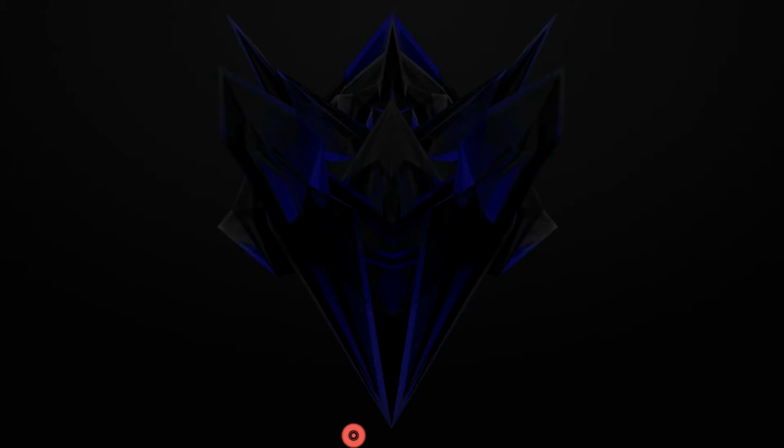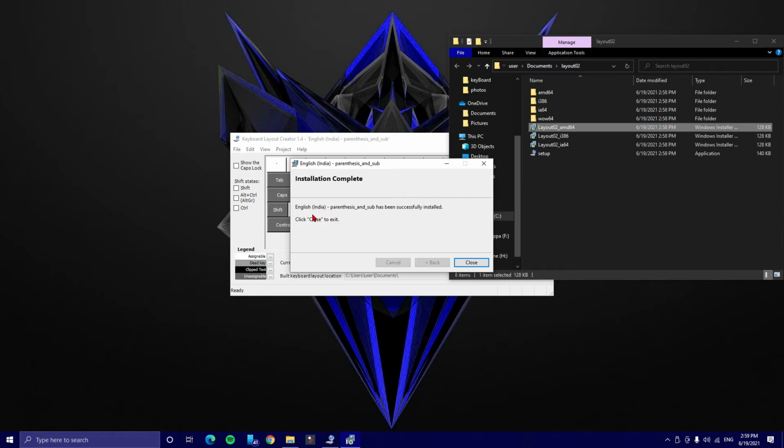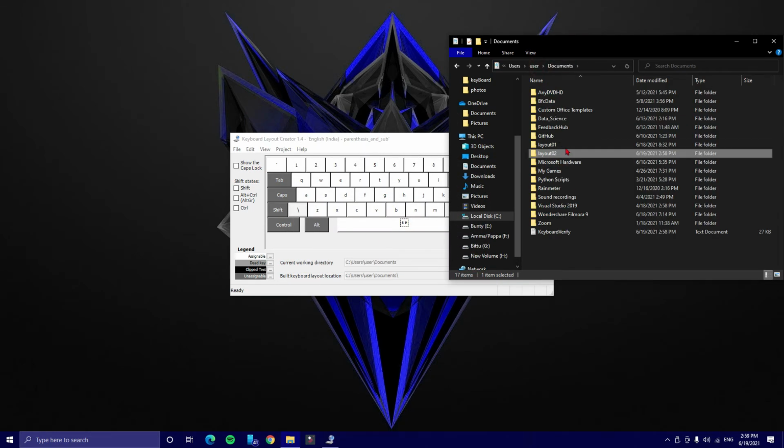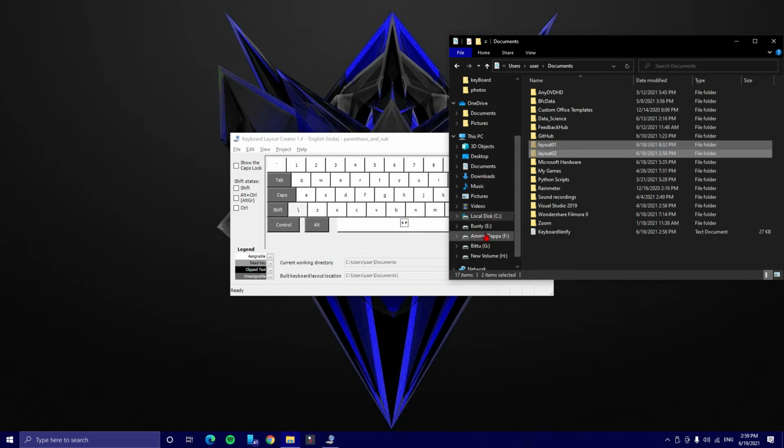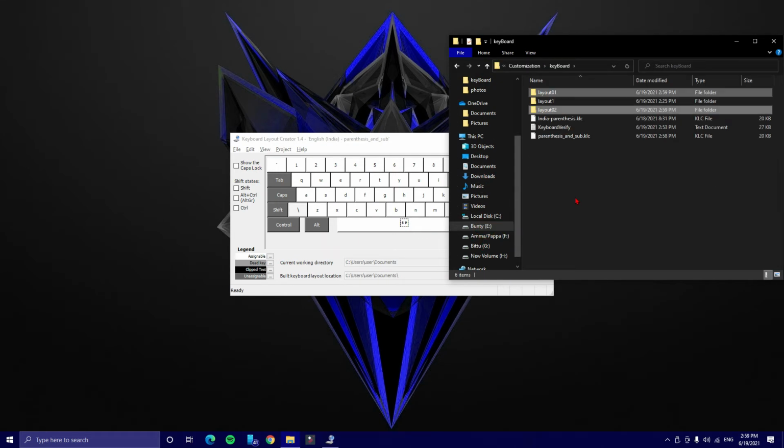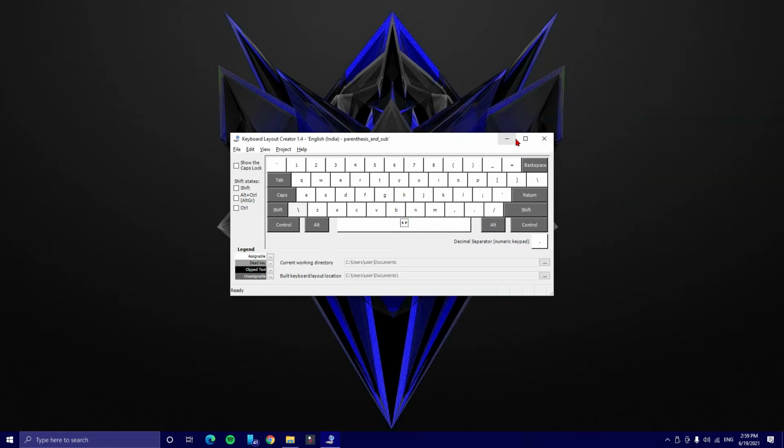Give yes to the permission request. Now if you want the setup files to be stored in a different location, you can go back to the app and change it for the next time. But I forgot, so I'm just cutting and pasting it. You can go ahead and close all the windows.